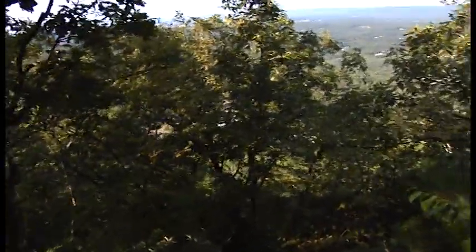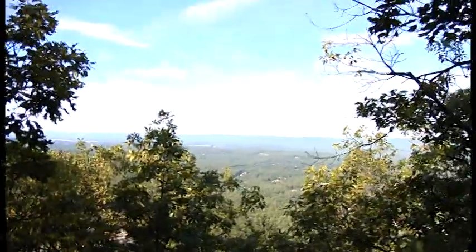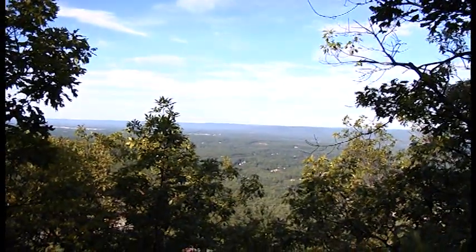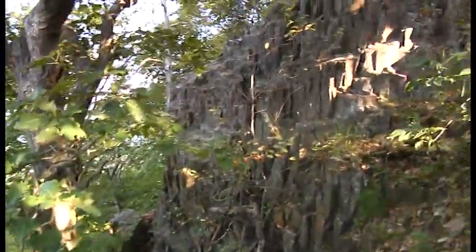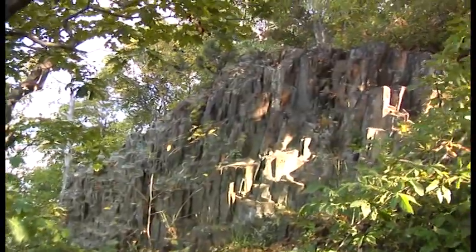And then a few feet on, another lookout and a steep descent to the entrance road at the main gate. That's Barnes Airport to the far left, just above the trees. And turning here to the right, we see the first of these large broken rock faces, protected here a little